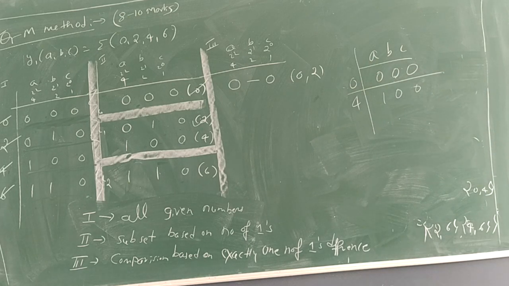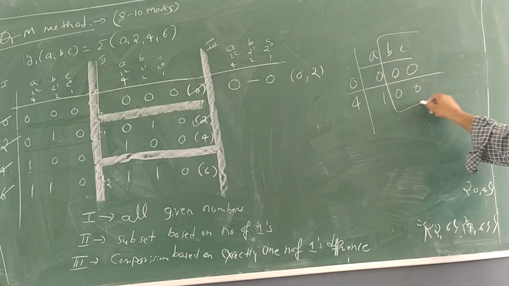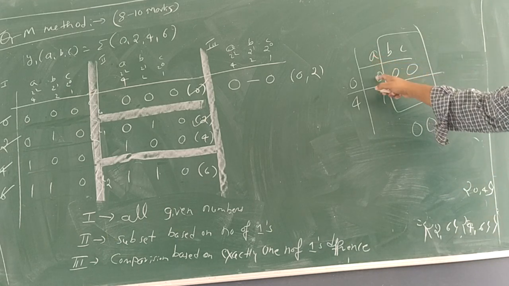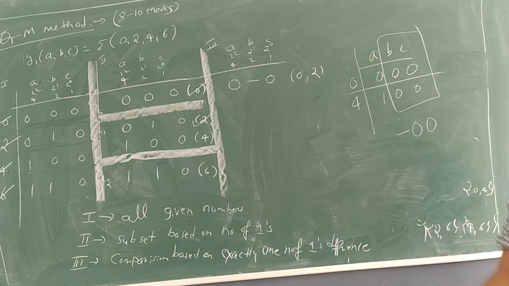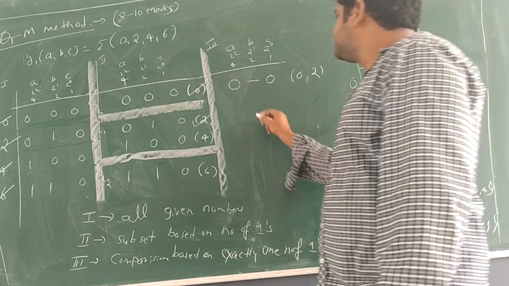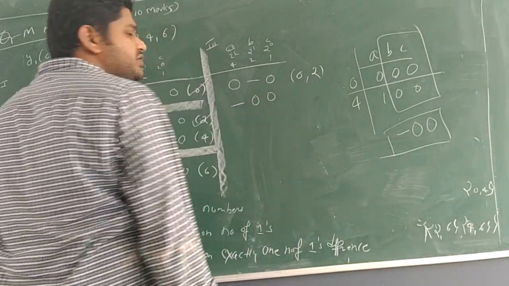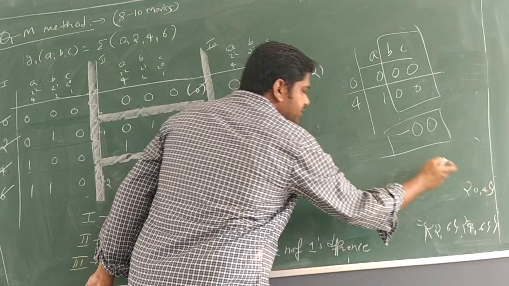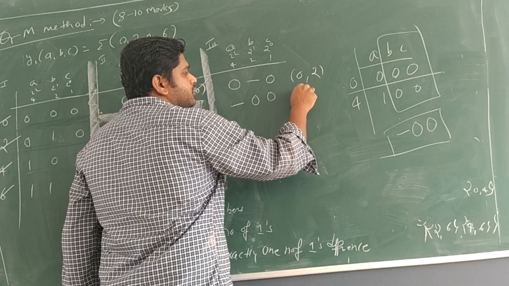Okay. So now, how many differences and how many similarities? See, what about BC? 0, 0. So what is the definite thing about BC? 0, 0. What about A? It has changed. If a variable is changed, we will write with hyphen. So now, what is the new tuple? Hyphen 0, 0. What is the name of that tuple? See, 0 with 4. 0, 4.